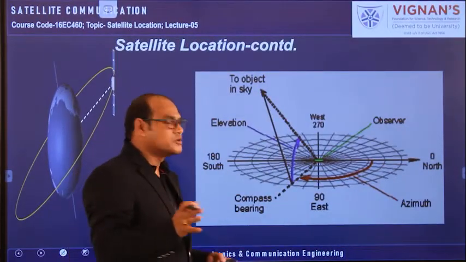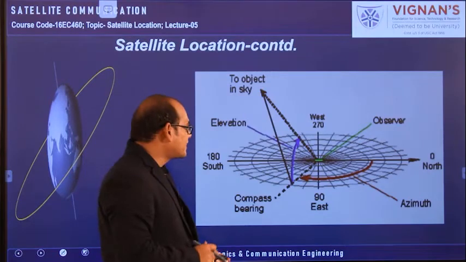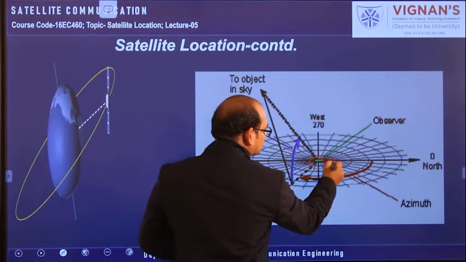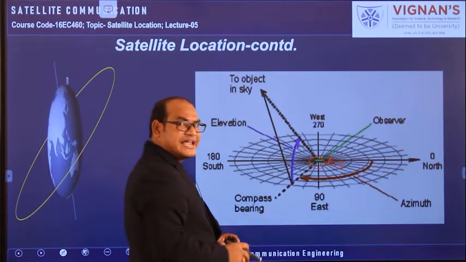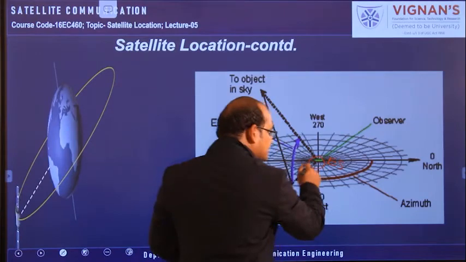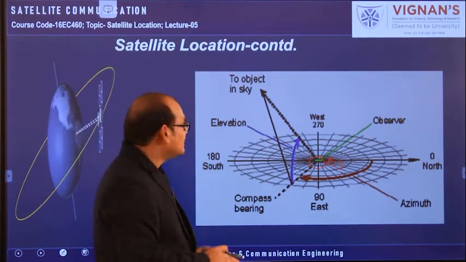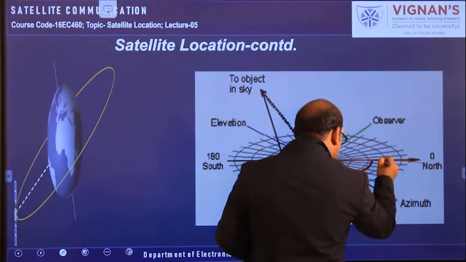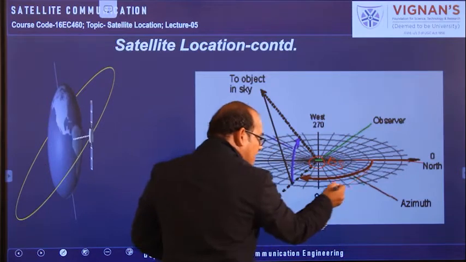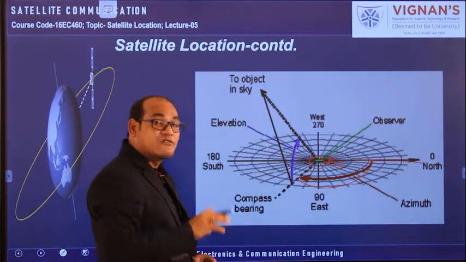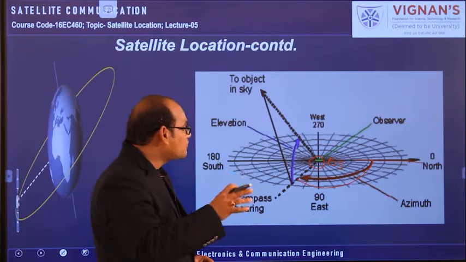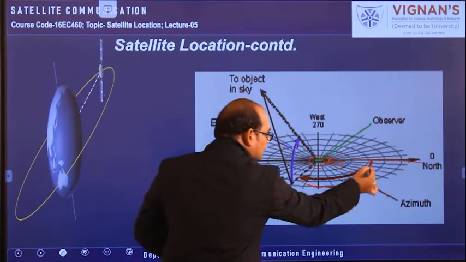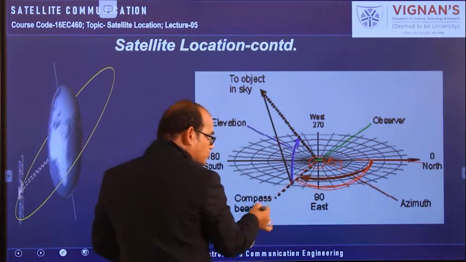The same concept is given in another diagram to understand in a better way. So this is a local horizontal plane. Here the earth station is available, and below that the earth is there. Wherever the earth station is, we have to take one tangential plane, that is the local horizontal plane. And here the north side is this side, and from the north towards the east side we have to travel an azimuthal angle. Whatever azimuthal angle is given to you, that much angular distance we have to travel from the north side towards the east. So with this much azimuthal angle, you will reach this position.